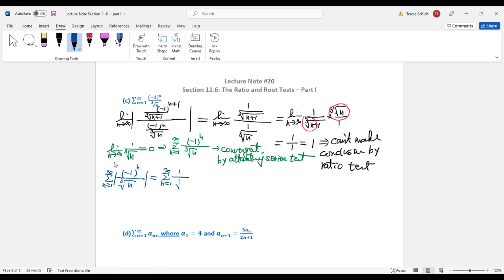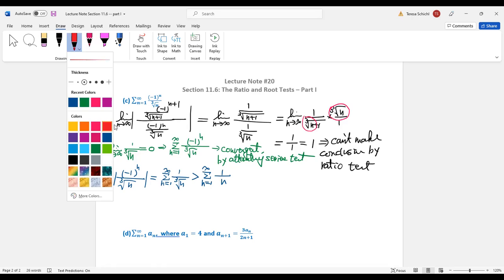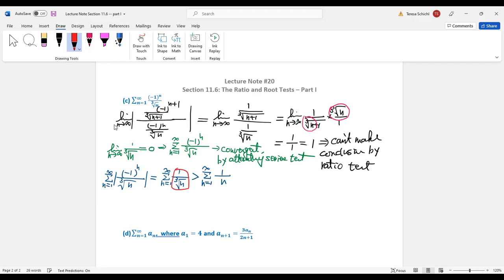of 1 over the square root of n cubed. Okay, so now I know this value is going to be greater than the sum from n equals 1 to infinity of 1 over n. Correct? Yeah, because this one here is smaller than this one here, right? And then we know this series